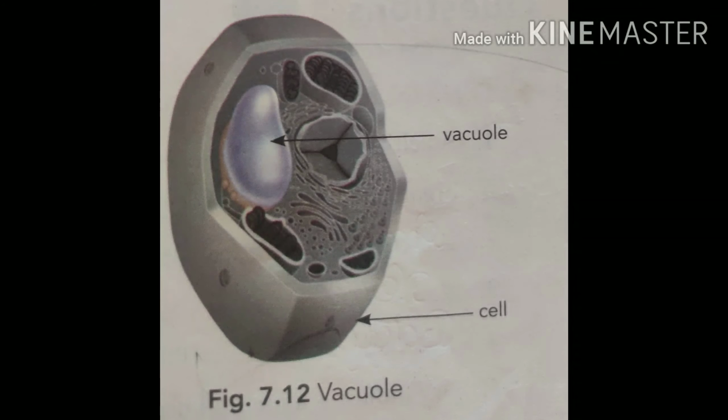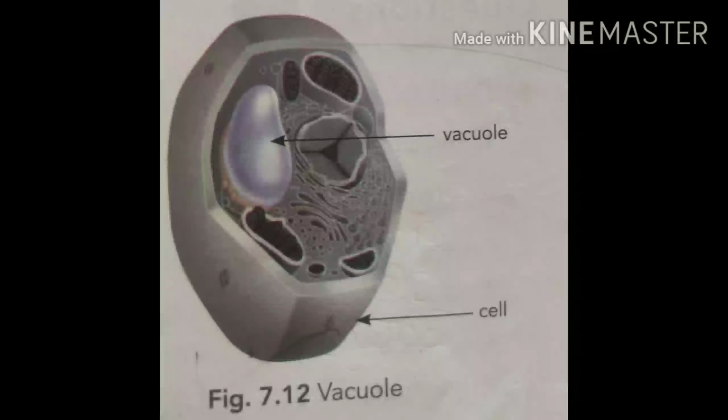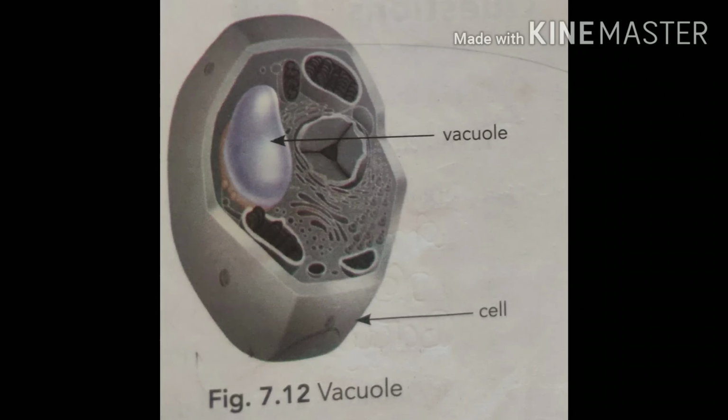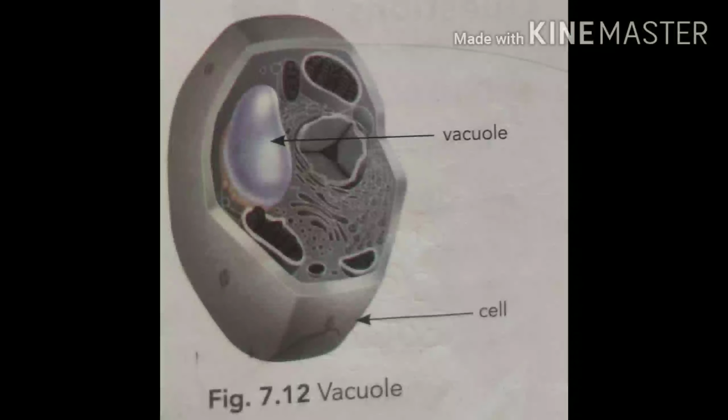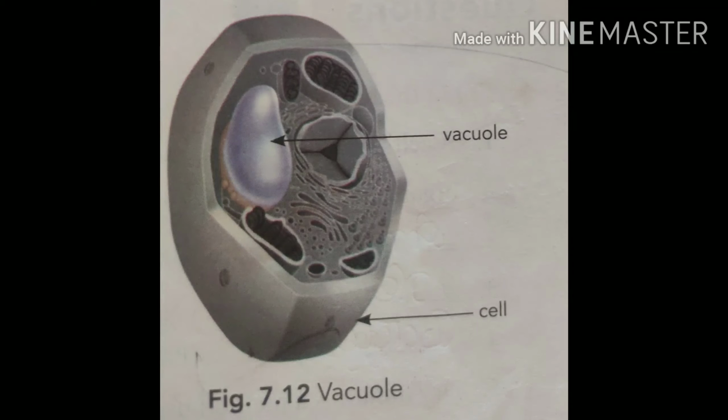Vacuoles are simplest membrane bound vessels present in the cytoplasm. They hold and store small amounts of water, minerals, sugars, amino acid and waste products. They are larger and more distinct in plant cells than in animal cells. Means they are small in animal cells. They can expand to occupy a large volume within the cell. The membrane of a vacuole is called the tonoplast. The purple colored is vacuole.